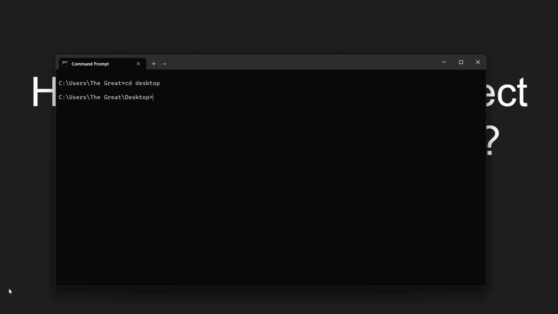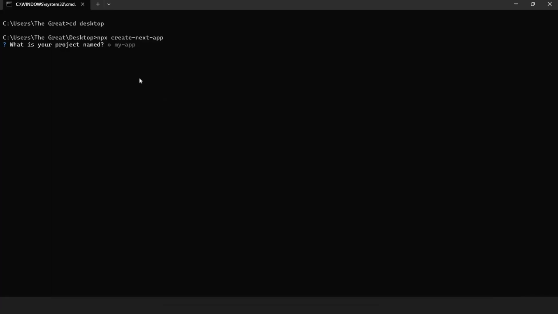Now for creating the project use this command npx create-next-app, enter. I am maximizing this. It will ask what your project name is. So I will write my project name,